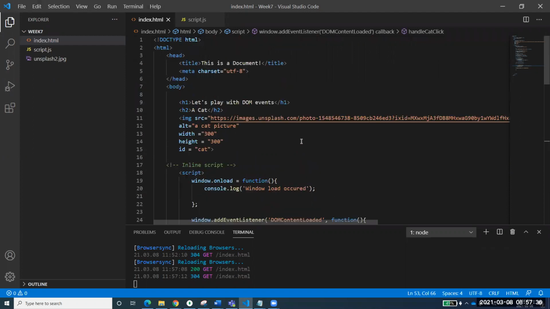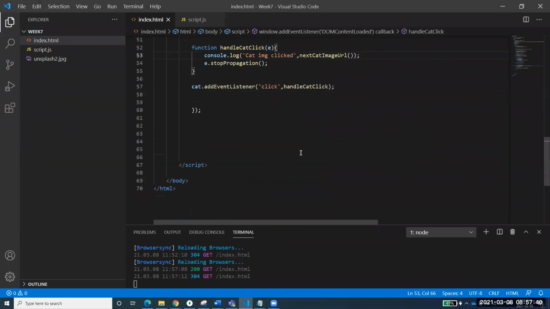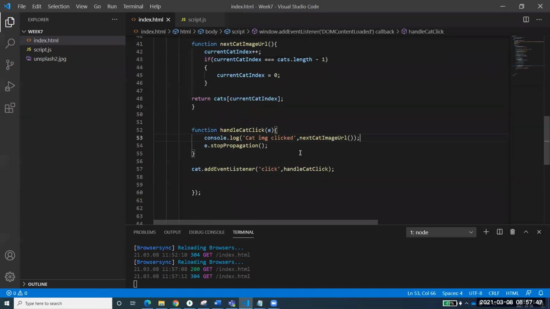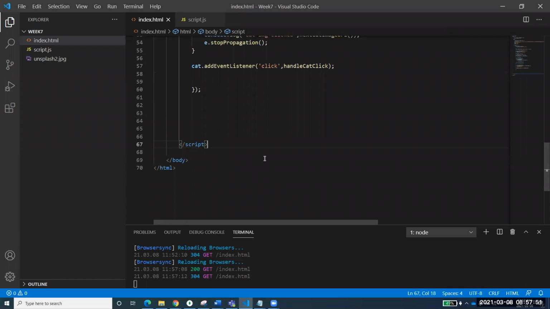Okay, so why is that happening? Anyone? Yes, anyone? Can anyone tell me why it's not working? It says cats is not defined. It's not recognizing the cats. And the reason is, of course, I hope you would have guessed. The reason is that I have not connected this script over here. Yes, script.js. Thank you very much. So now I have connected this one, and now let's run that.